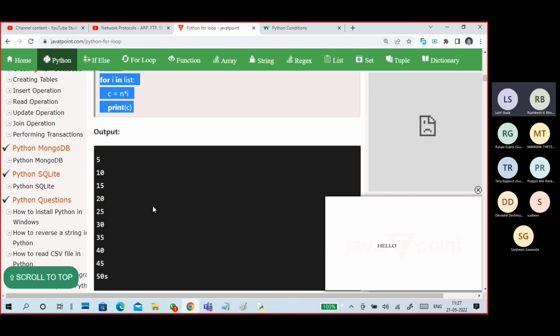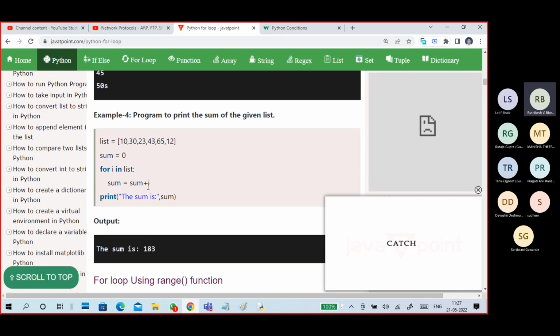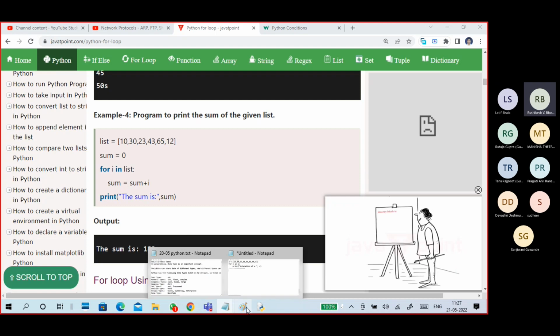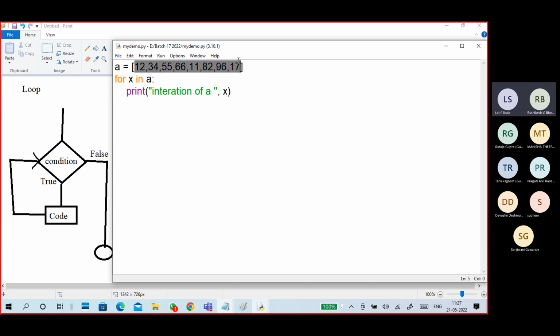This is a list plus one sum, adding all the items in the list. So we will try this one, which will look easy. Sum of elements in the list: I put sum is equal to 0, then for x in A, I put sum equal to sum plus